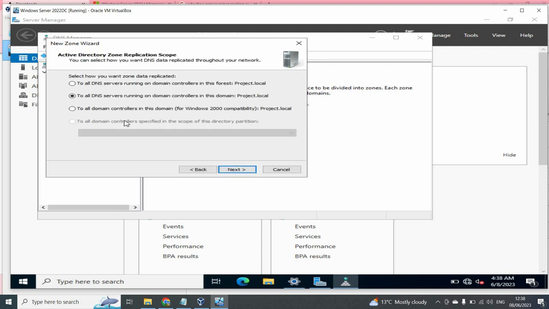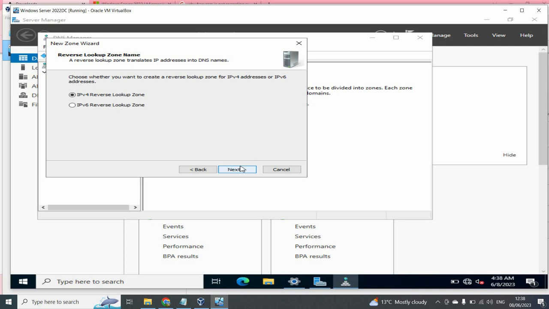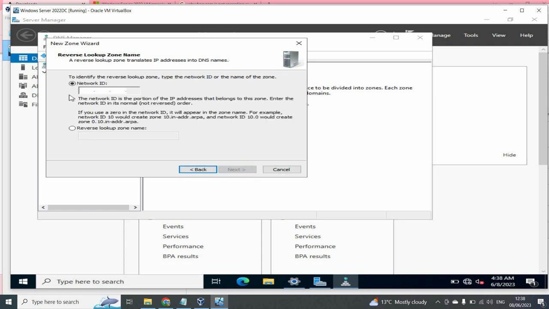Next, this is the predefined setting, so we will keep it as it is. Next, and this will be an IPv4 reverse lookup zone, and this will take 3 octets. So the 3 octets are 172.20.20,